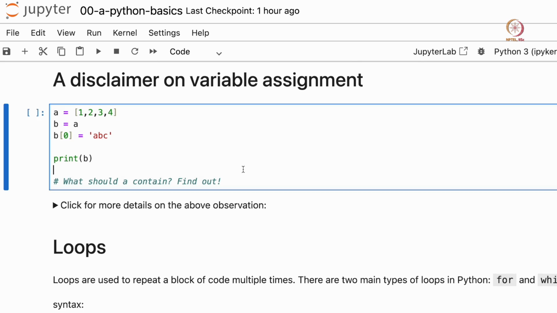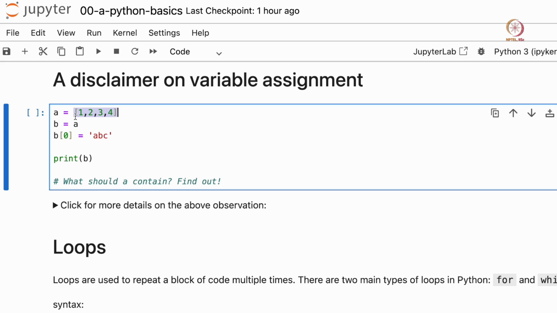Now one important thing when we think about variables in Python. If you are familiar with C or C++, you will find it a little strange, so it is important to mention. So let's look at what happens here. Let's look at these lines of code. We assign this list to this variable.